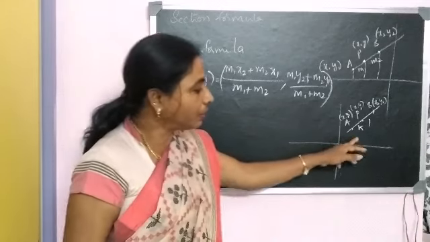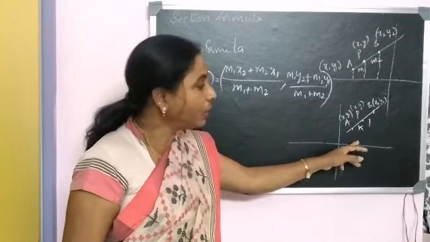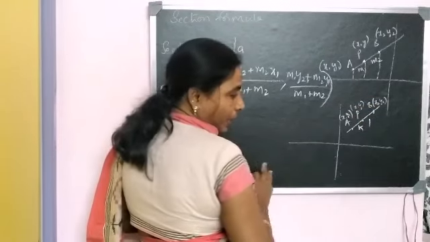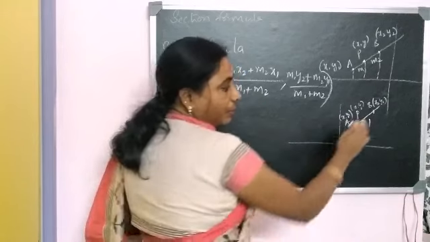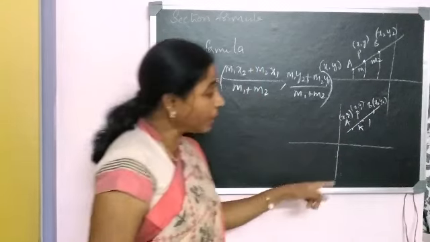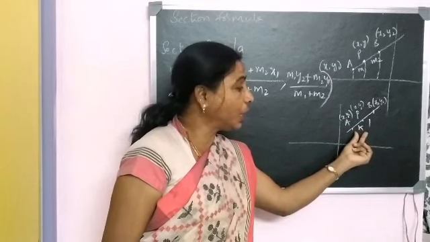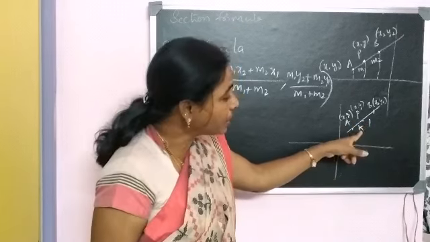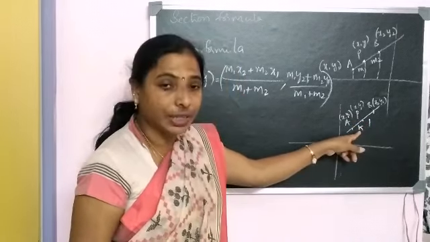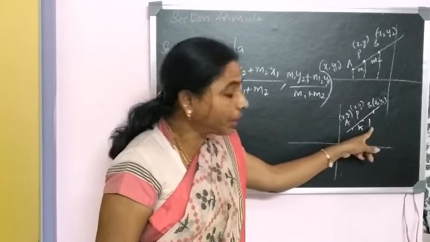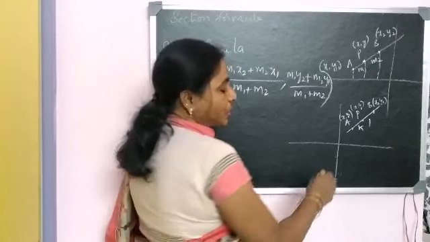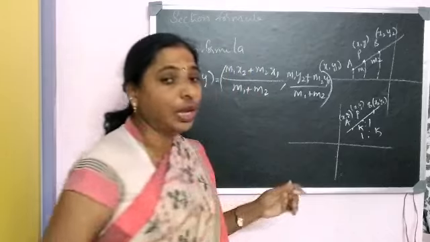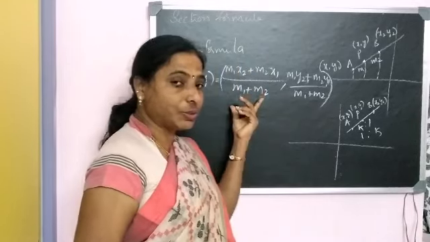Now let us go to another one which I have drawn already here. You can see there is one more sloping line here. In this, again P we have as xy, A as x1 y1 and B as x2 y2. Here I have divided this in the ratio k is to 1. That means in the place of m1 we take k, and in the place of m2 we take 1. It can be reversed also. If you take it as 1 is to k, that is also okay, but the formula changes, that means whenever you substitute here it changes.